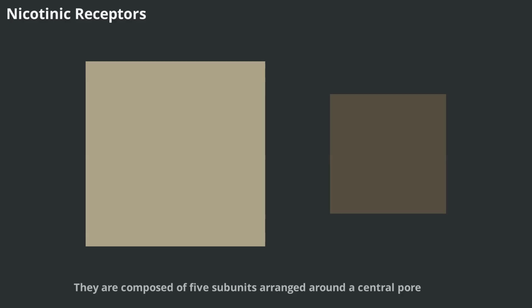They are composed of 5 subunits arranged around a central pore, which becomes permeable to sodium and calcium ions when activated. This results in depolarization and excitation of the cell. Nicotinic receptors are found at autonomic ganglia, NN, and neuromuscular junctions, NM, playing key roles in both autonomic and somatic